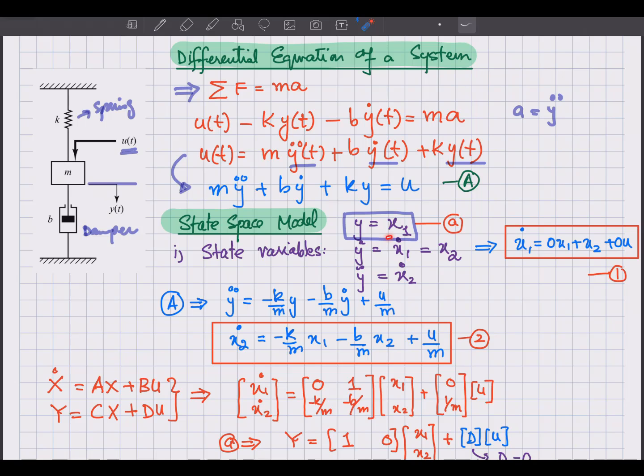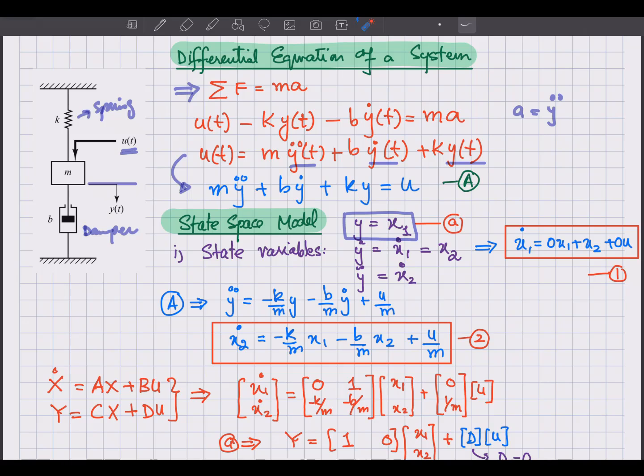So one first order equation can be written looking at this equation, that x1 dot is equal to x2. x1 and x2 are our state variables, and x1 dot is there, so it's a first order linear differential equation. So x1 dot will be equal to 0 x1 plus x2 plus u. x1 is our state variable and x2 is also the state variable, u is the input, right? So we have this equation as the first order differential equation that will be representing this second order differential equation,